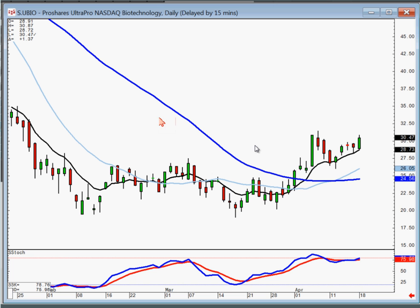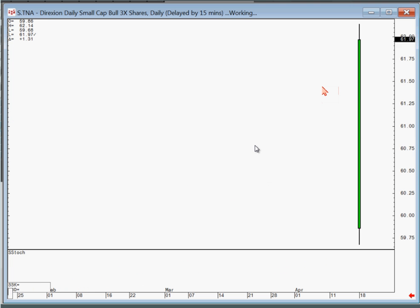UBIO, nice little J-hook. If it breaks out through this level, got some running room. Use the T-line as your stop. TNA,